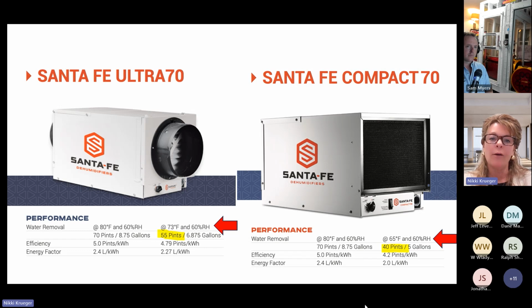So what we have here is two 70 pint dehumidifiers. The one on our left is our whole house ducted dehumidifier, and the one on the right is our standalone Compact 70, which is usually used in crawl spaces and basements. The DOE used to rate all our dehumidifiers' capacity at 80 degrees and 60% relative humidity. In 2019, the Department of Energy said that's not realistic. Our homes aren't 80 degrees, our crawl spaces aren't 80 degrees. They said the living spaces in our houses are different even from what's going on below our houses. So they make us rate our whole house dehumidifiers now at 73 degrees and 60% relative humidity, and our standalone portable dehumidifiers at 65 degrees and 60% relative humidity,